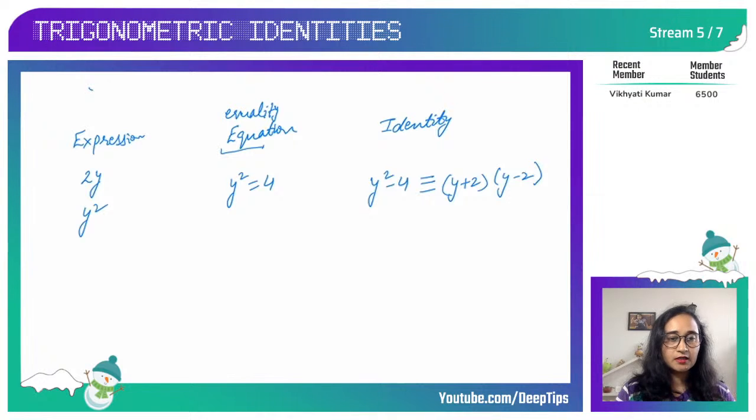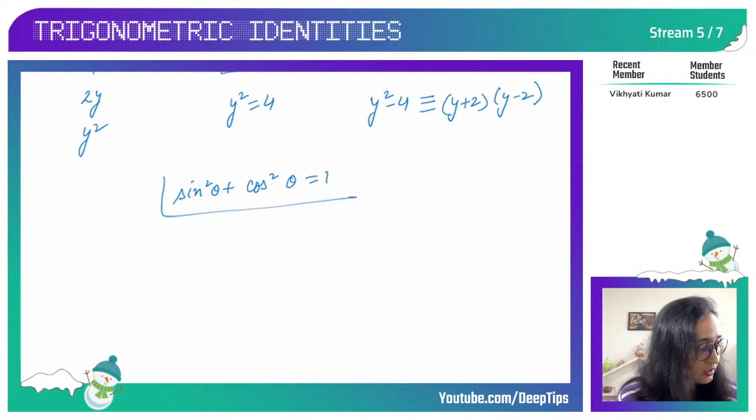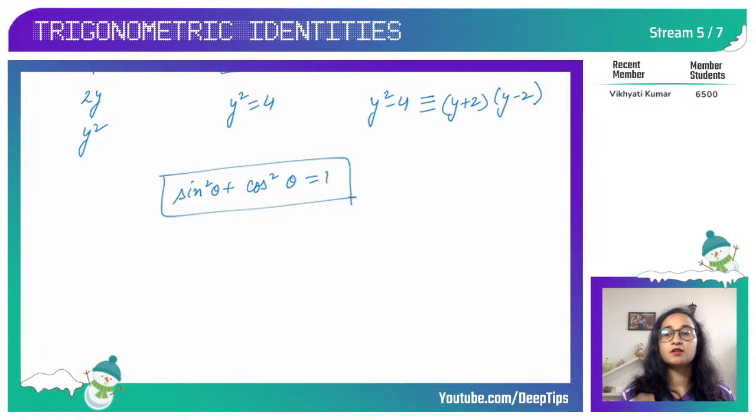So identity is a type of equation. It is true for all the variables that are involved. So this is the difference between identity and equation. When I write an identity, sine squared theta plus cos squared theta equals 1, this is a very important identity of trigonometry. So what does it mean? Here I'm not writing 3 lines, I'm writing 2 lines, but it's an identity